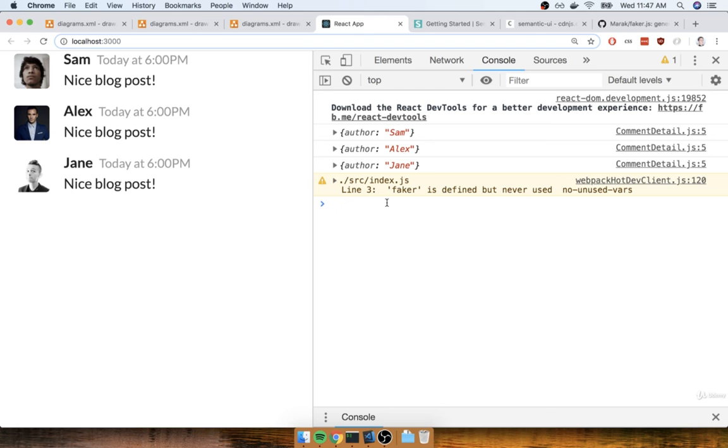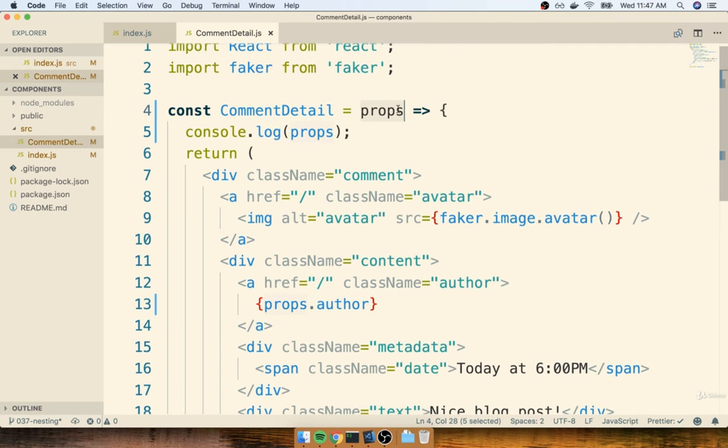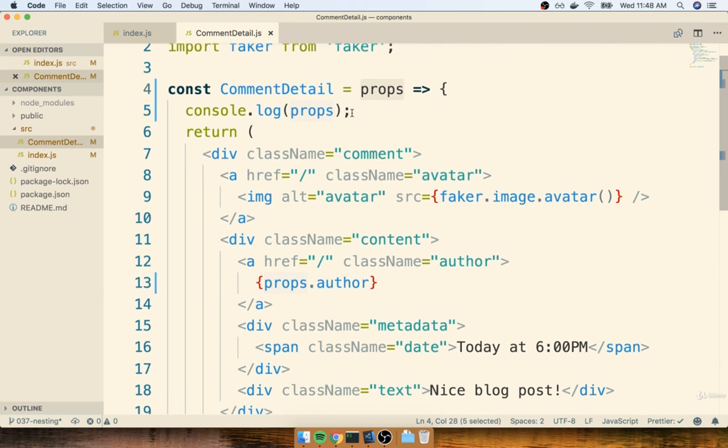All we have to do is provide some information from the parent to the child by adding in an attribute like this right here. And then in the child, we will reference that props argument. That is an object that contains the information that we provided from the parent. And then we will refer to that prop inside of our JSX. That's all we got to do. It's going to be the exact same series of steps over and over and over again.